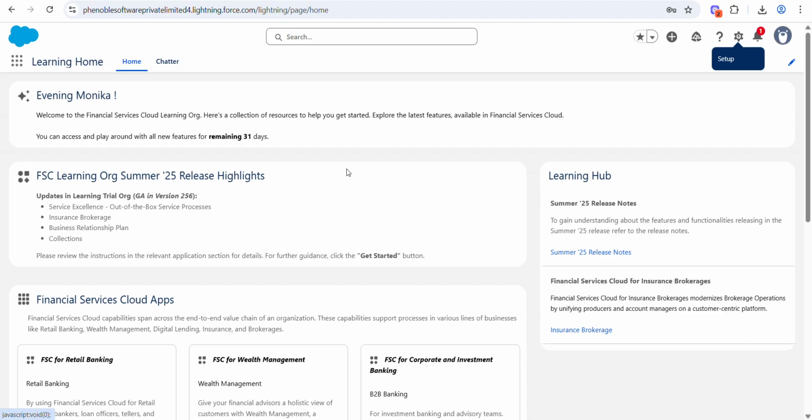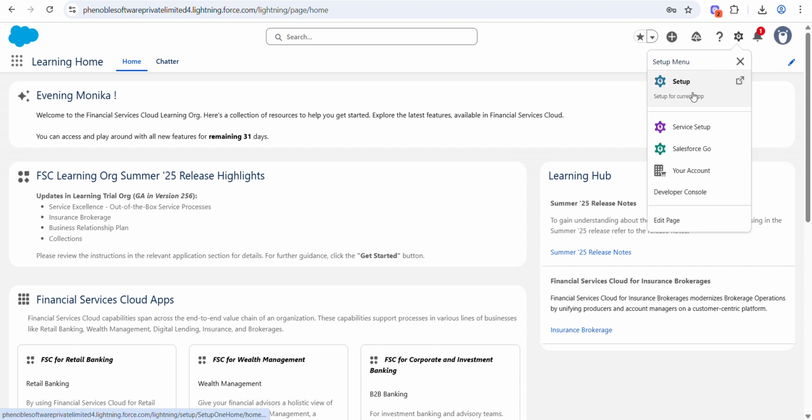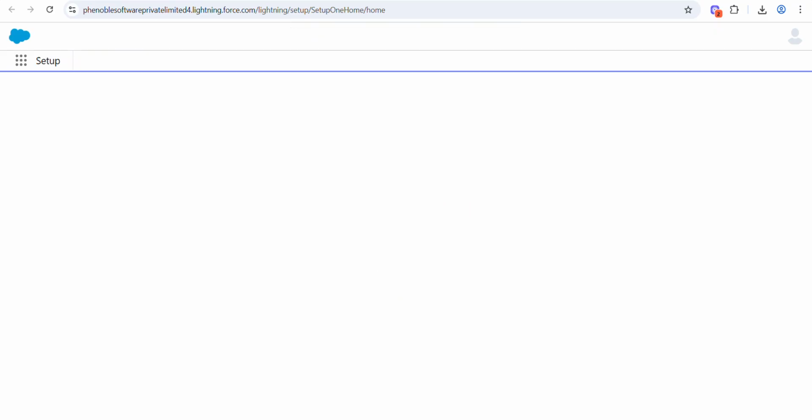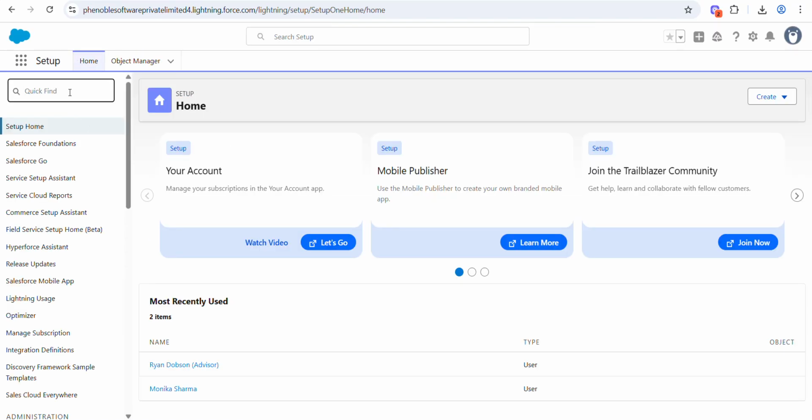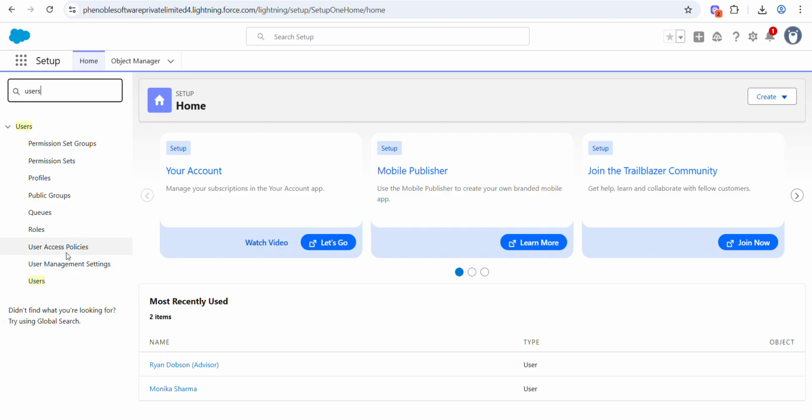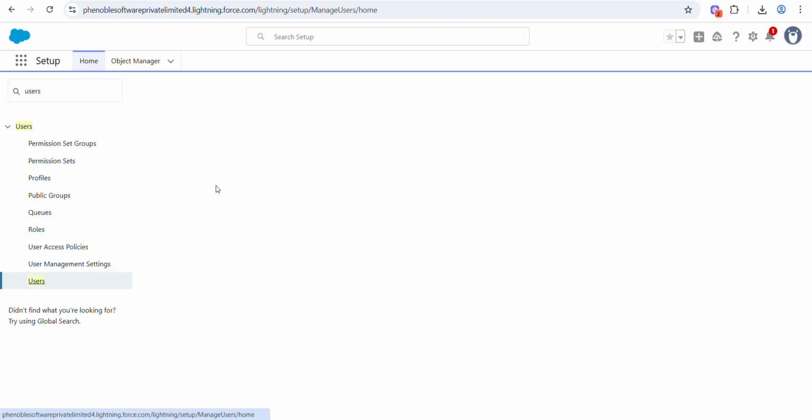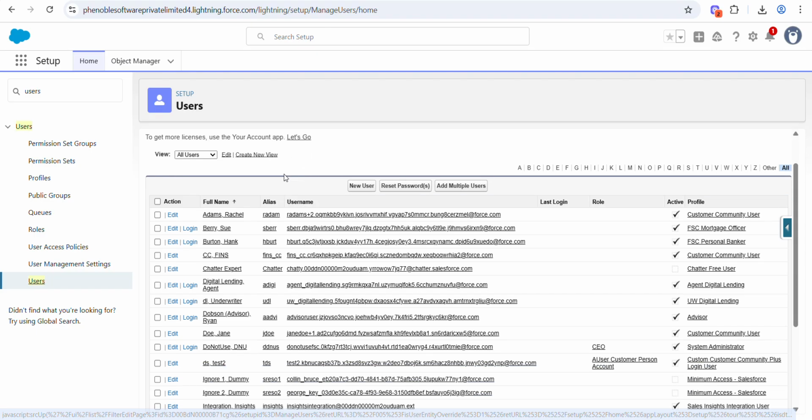In this learning org, let me show you the users. Go to Setup from here, and right here, Users. Click on Users.